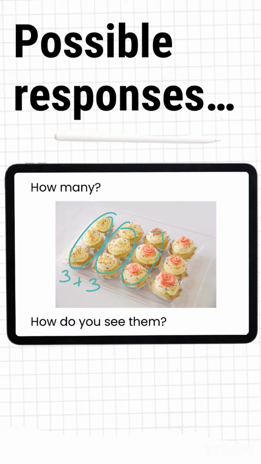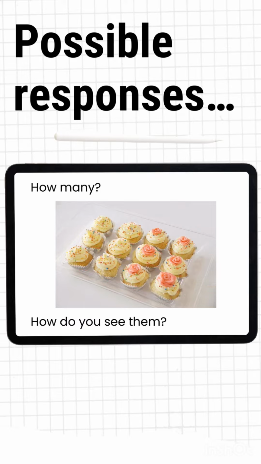3 plus 3 plus 3 plus 3, which of course equals 12. Looking at the rows, so 4, 4, and 4. 4 plus 4 plus 4 equals